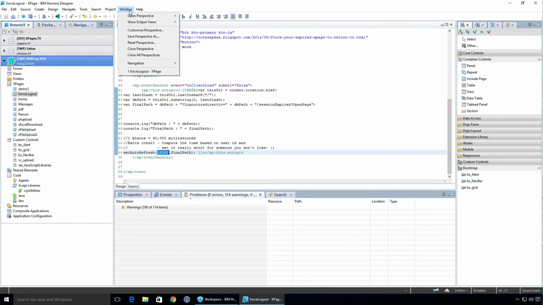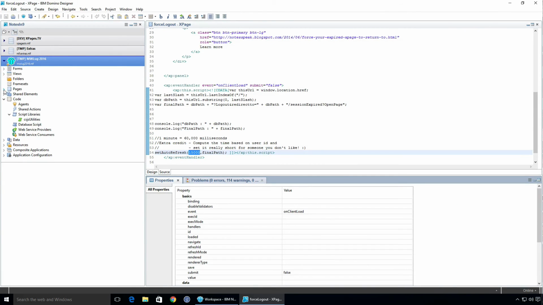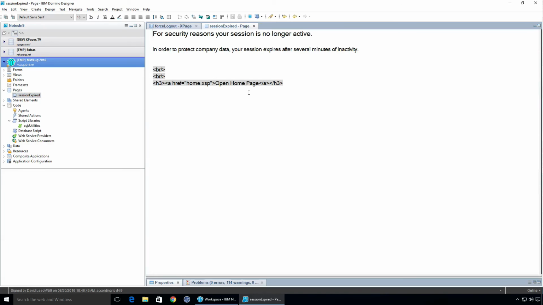Let's take a quick look at, if I remember how to do it, open perspective, forms and views. This is the page I had to make, session expired. So again, I just threw this up in here, and remember, this is pass-through HTML. I never did much with classic Domino web design, but if you want to have a link and stuff in there, that's what it needs to be.